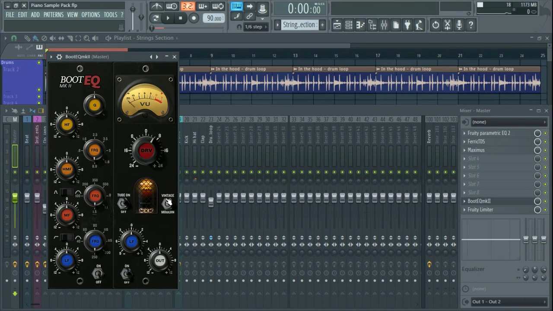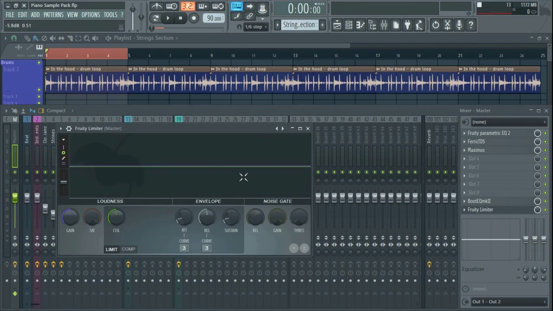This plugin does something to the low end that I think is very nice. It gives some distortion to the low end that makes the sound really pump. And in the vintage mode, at least, this is always what I use, this preset, and also I activated this here.